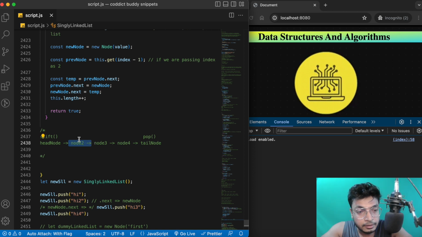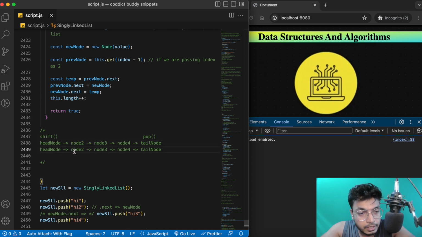Let's say you are passing an index, 0 1 1, and you want to remove a node from this. First you point the head node's next to this node. We pick node number 2 out from here, and then we are simply done.